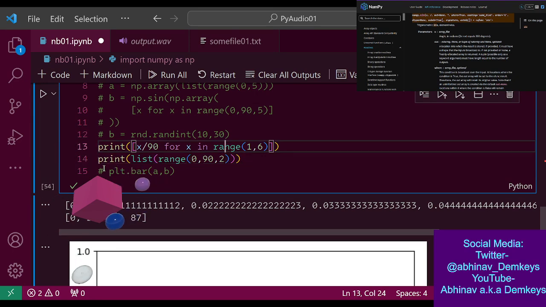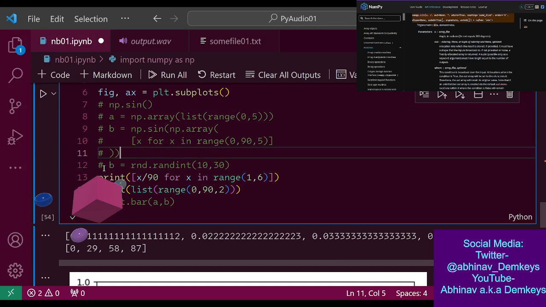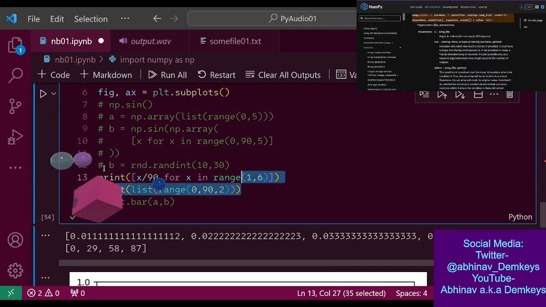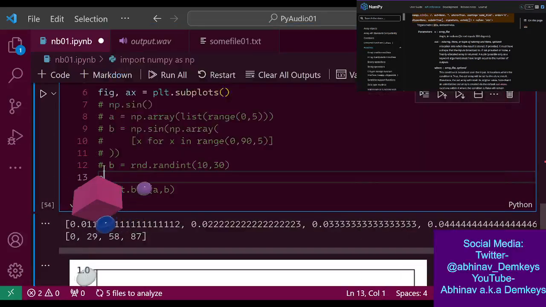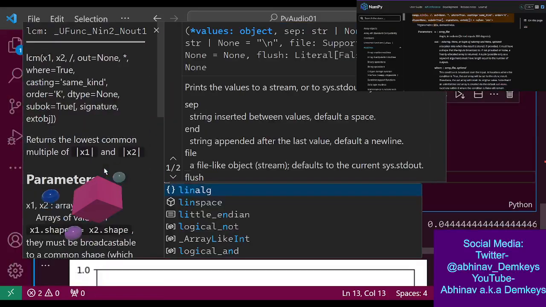What was I trying to do? I've completely lost track of what I was trying to do. Let's just restart. So, what I was trying to do is get 5 numbers between 0 and 90. Let's do 0, 45, and then there's 90. Okay, so to divide this into 5 parts, actually, this is exactly where the linear space thing would help, wouldn't it? I have used that actually before.